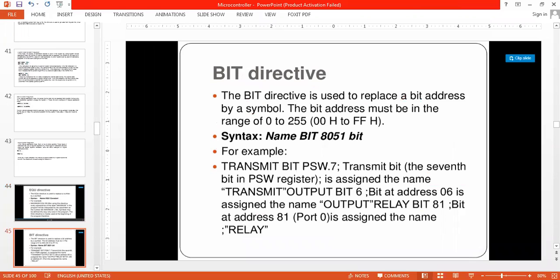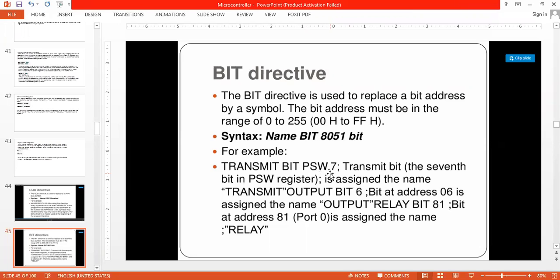Then the bit directive. Okay, so what happens here? Already we have some bit addressable memory, as well as bit accessible registers. Say for an example, I have a bit addressable register PSW.